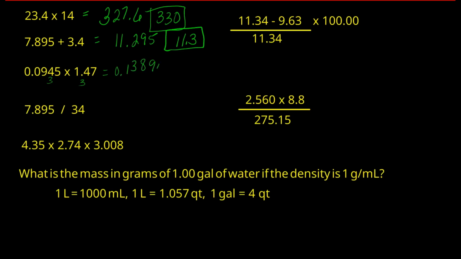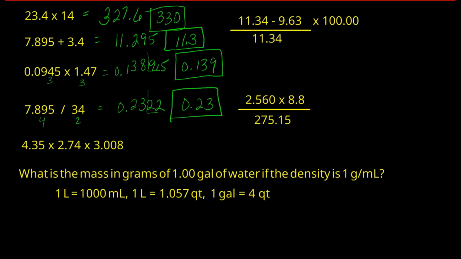138915. So 1, 2, 3, I look at this. So that's going to round off to 0.139. Okay, so here I have 4 sig figs, 2 sig figs, so my answer can only have 2 sig figs. So if I were to divide, I would get 0.2322. And since I'm allowed 2 sig figs, the answer is going to be